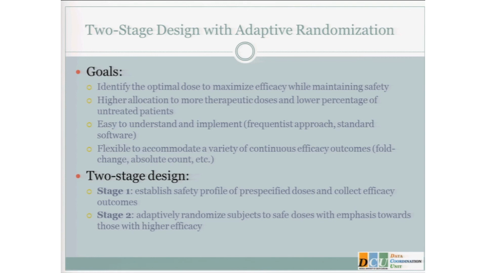Okay, in a randomized control trial, in most cases, what we're trying to achieve is an equal allocation of subjects on both treatment arms, right? In this case, I'm saying I don't want equal allocation. I may have 5 or 6 different treatment arms. I don't want them to be equal. I want more subjects assigned to the arms that look like they're doing something, okay? So that probability when you're randomizing a subject is not going to be a half. It's going to adapt to the efficacy outcome as it accumulates, okay? I haven't shown you the formula. If anybody's interested, I'm happy to talk about it, but